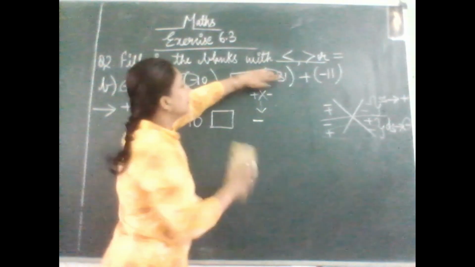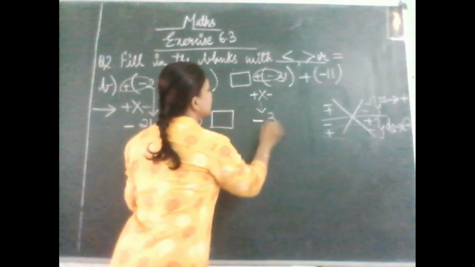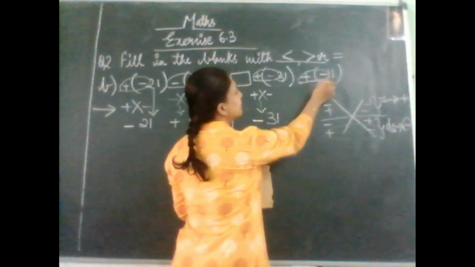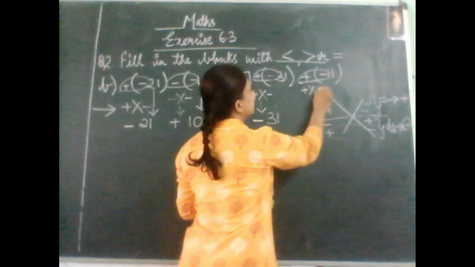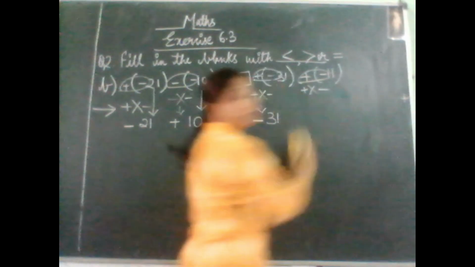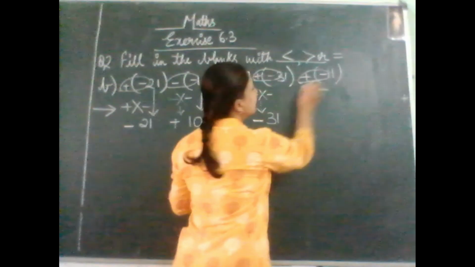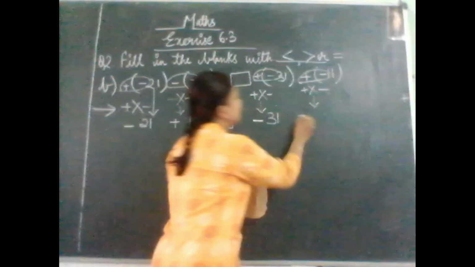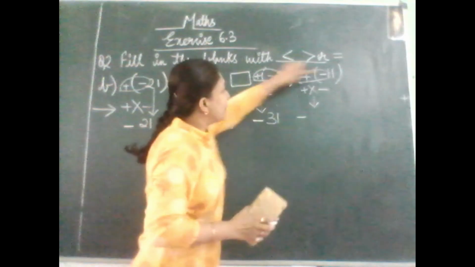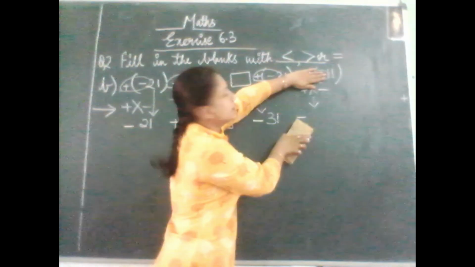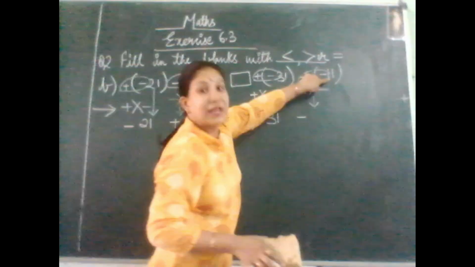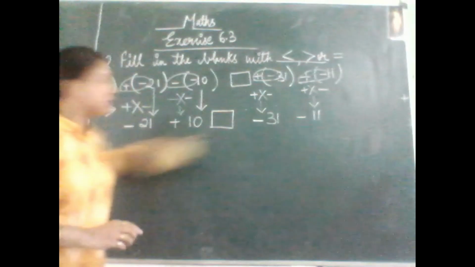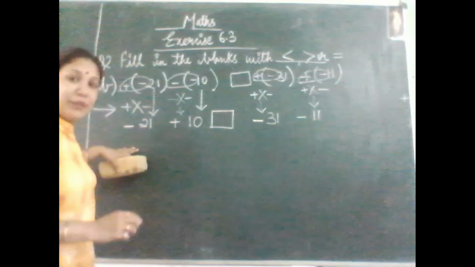What are we left with? The number. Bring this number. Now again solve it here. Plus multiplied by minus. Again what do you have? Different signs. So when two different signs are getting multiplied, what do we put? We put a minus sign. So plus into minus, the answer is minus. What is left? 11. Bring this 11 down. Now we have solved the bracket.